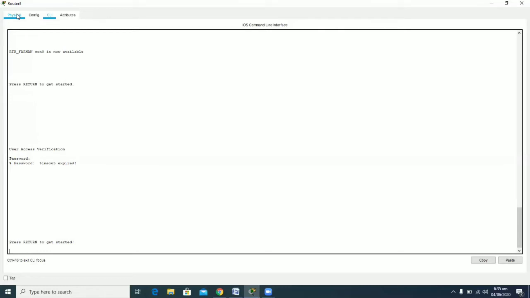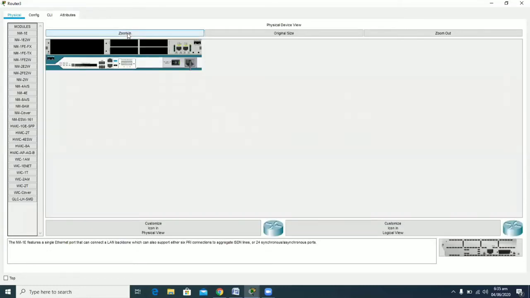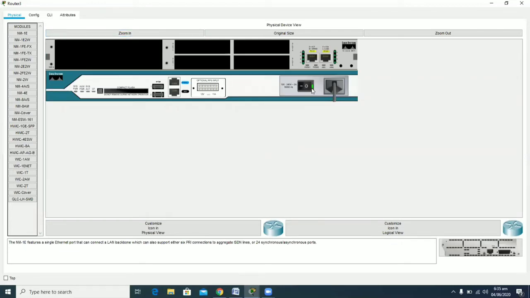So I am now doing the same. I am now zooming in, and this is my power on/off button in the physical tab of my router. I am just turning my router off. The router is now turned off, and you also have to practically perform the same thing. You have to just turn off the router with the help of the power button provided at the back of your router. So now this router is turned off, and now I will turn on this router again and